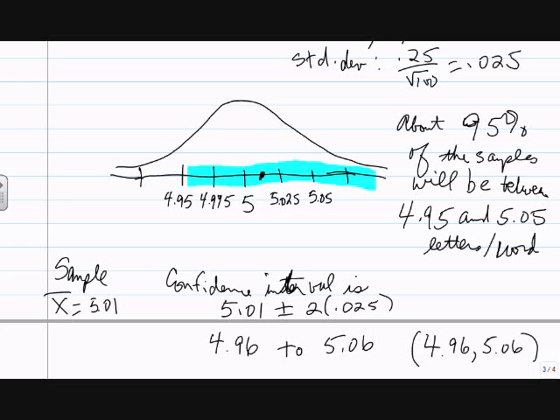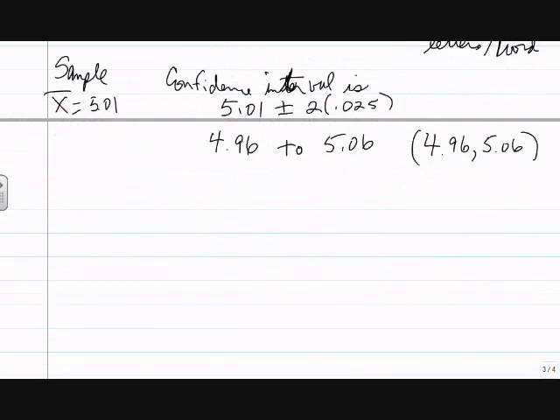I went too far. All right. That looks good. Does my interval contain the true population mean? The true population mean is an average of 5 letters per word. I have reported that